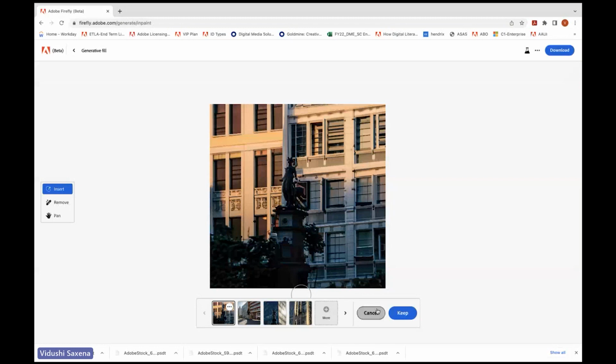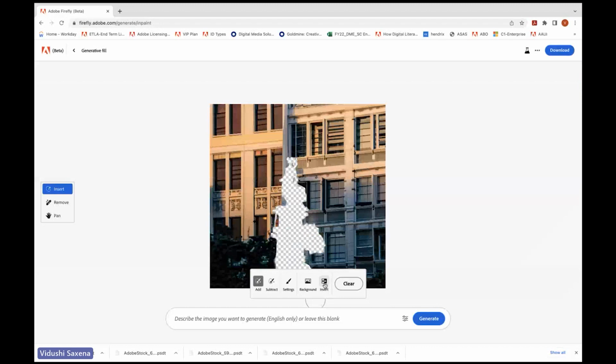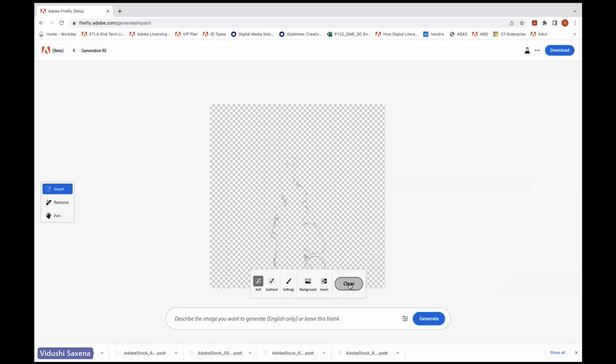So it's amazing the capabilities that it has. You can also select the background and maybe invert the selection so you can add something in its place. So there are trillions of possibilities. Now with this technology,